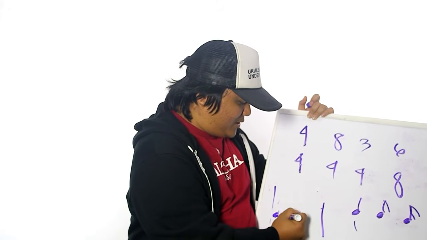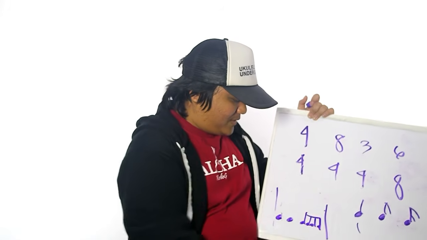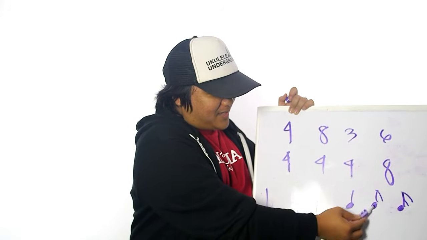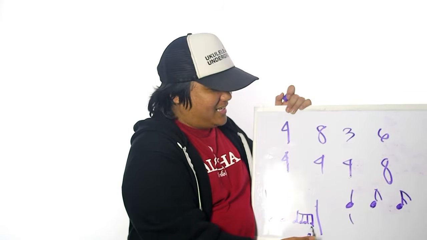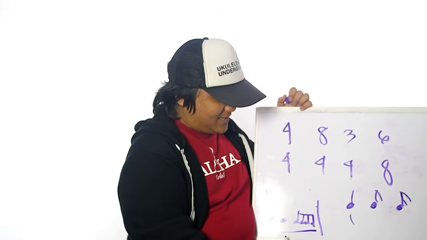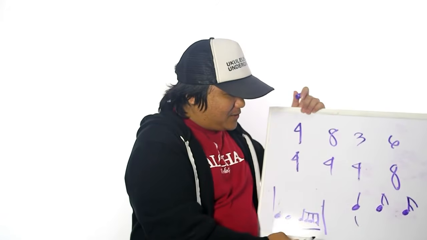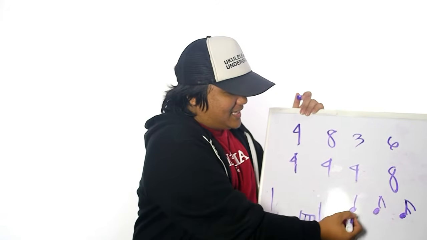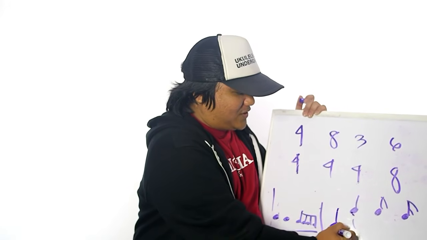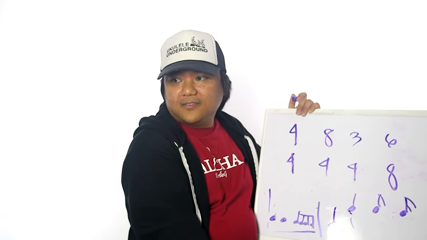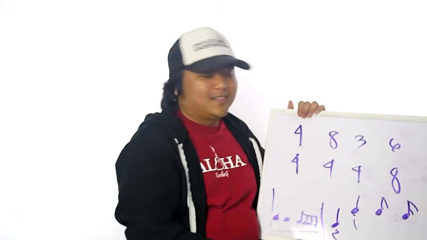At the same time you can have 1, 2, and so 4 of these, because this gets half a beat. So 1, 2, 3, and 4, and that would still be correct. Any combination of that would fit into that. So 8 means that this now gets double its value, so each one of these gets 2 instead.